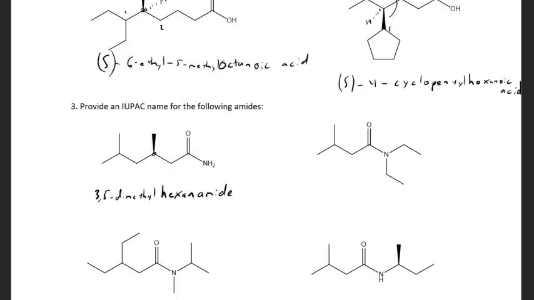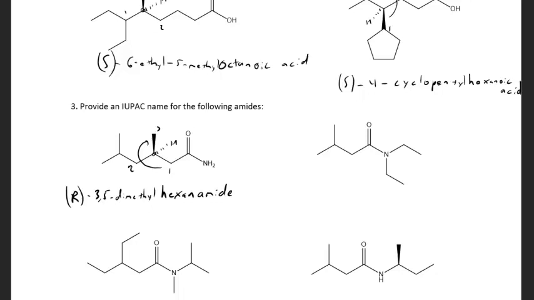So this is ranked: CH2 ties with CH2. Carbon with a double bond oxygen beats carbon with some carbons attached, so this is going to be ranked first. That's second, that's third, and hydrogen's in the back, that's fourth. And this has a clockwise rotation or an R rotation, so this is R-3,5-dimethyl